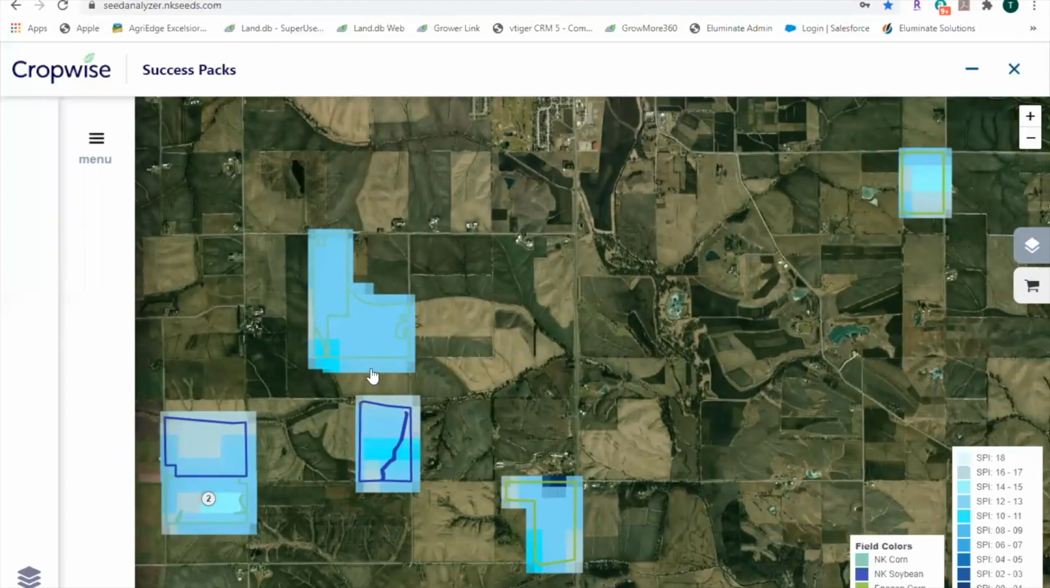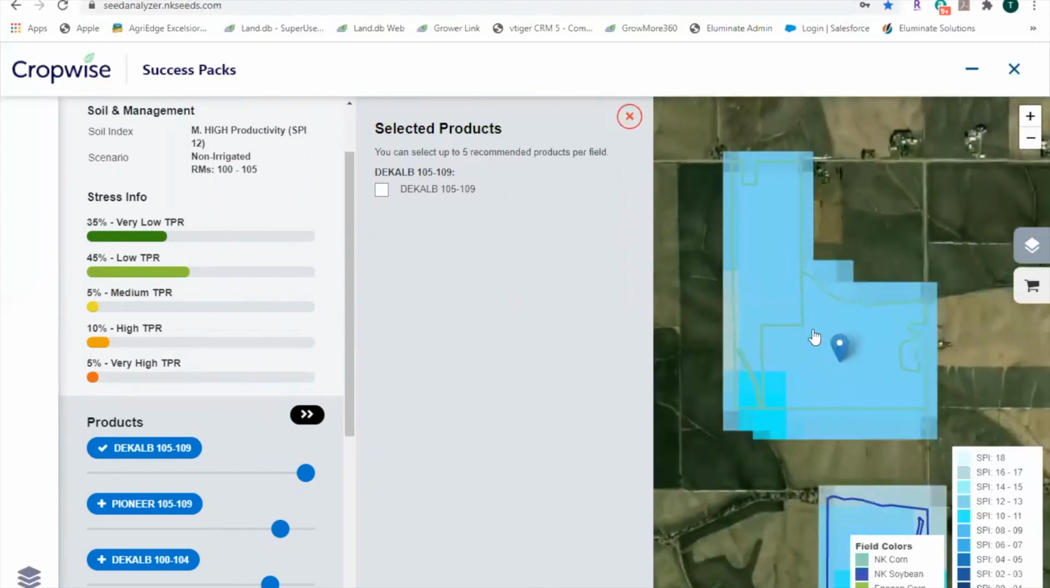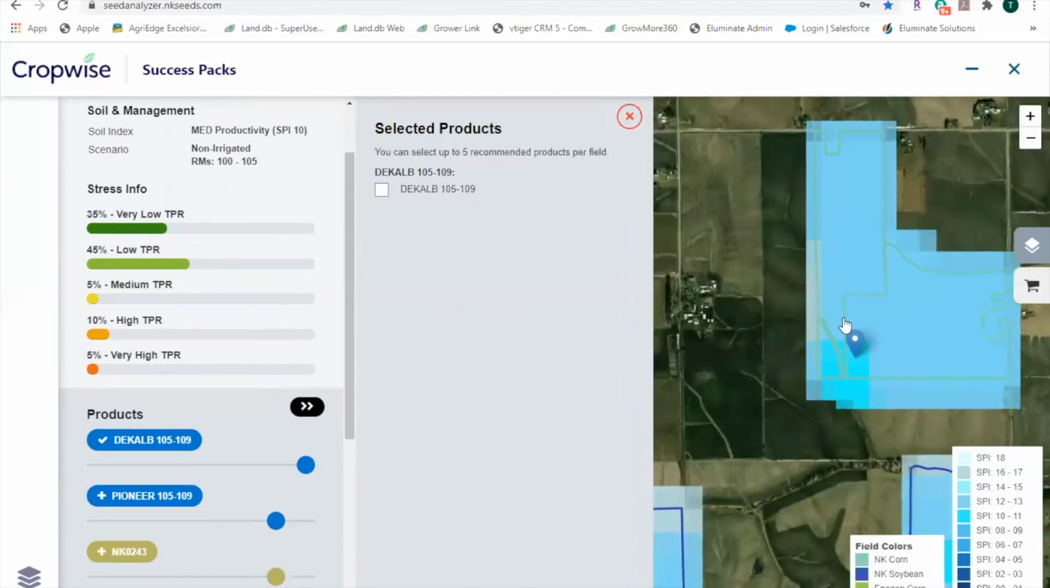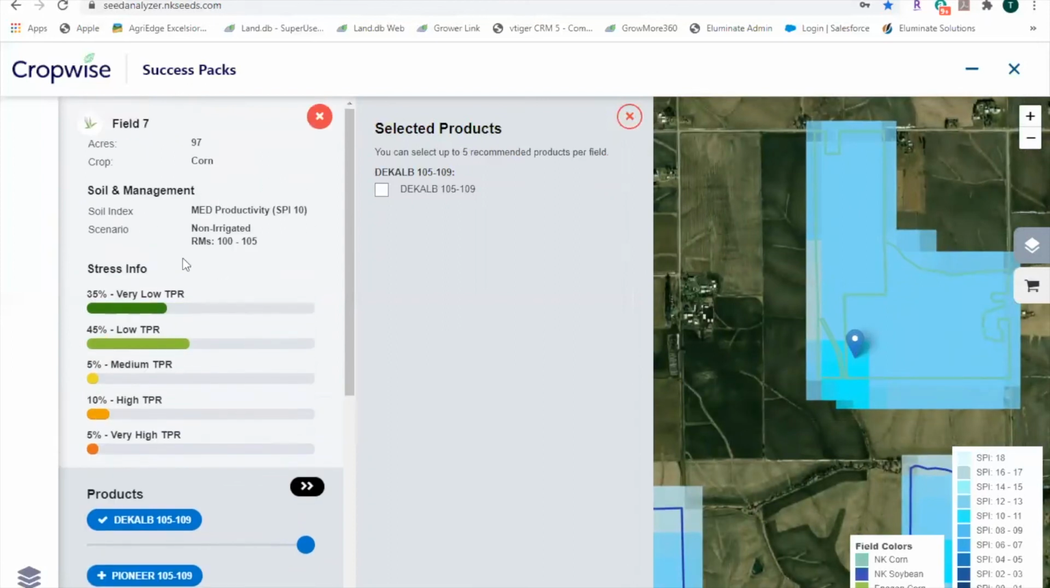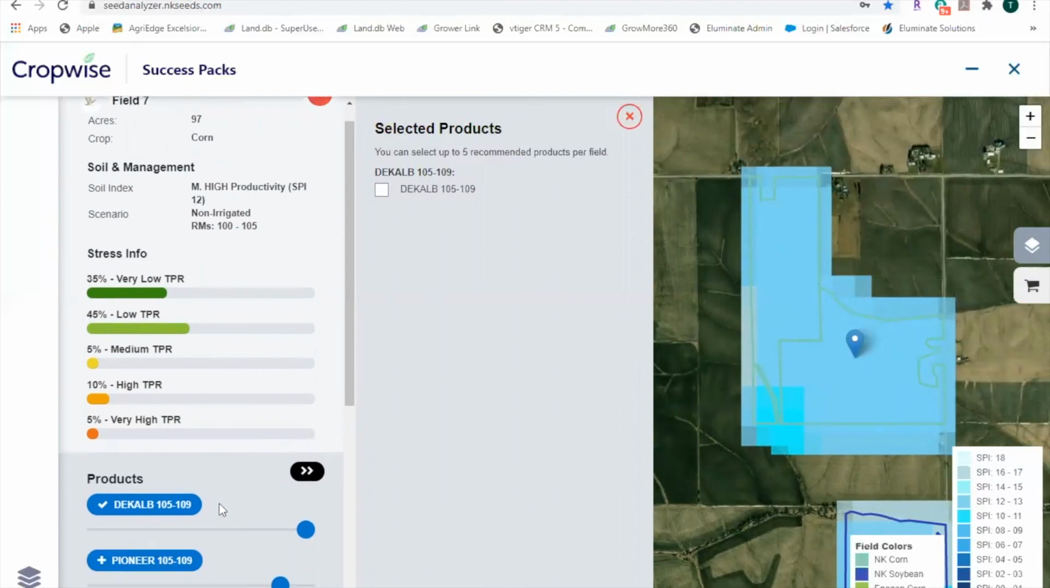So from here, I'm going to select on a field, and then it's going to pull in the information based on that field. So we can see here, if I zoom in a little bit, you're going to see the different soil information within that field. So if we click on different soil colors here, it's going to give us that information over on the left side of the screen as far as productivity with that soil index. I recommend hitting the soil type that appears the most within that field, but it's also nice to click around and just watch where these products all